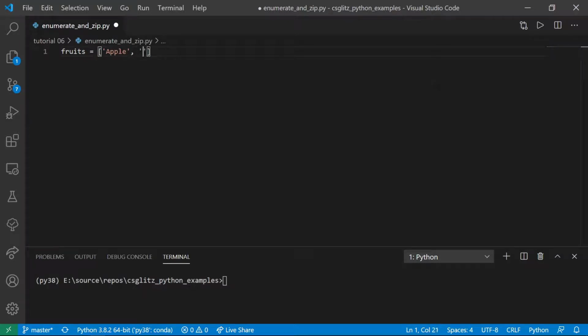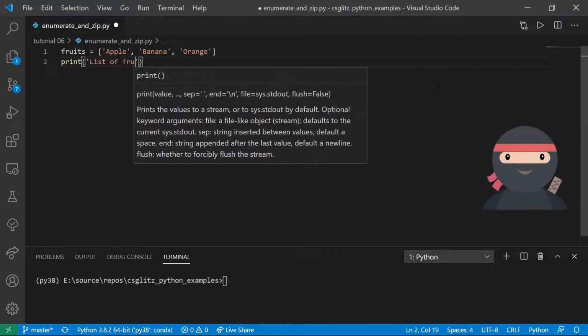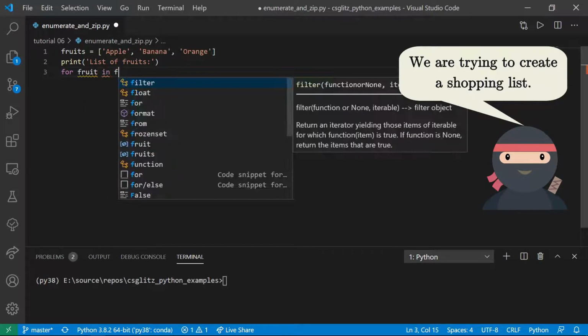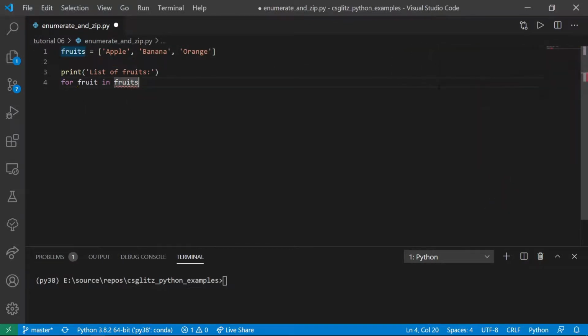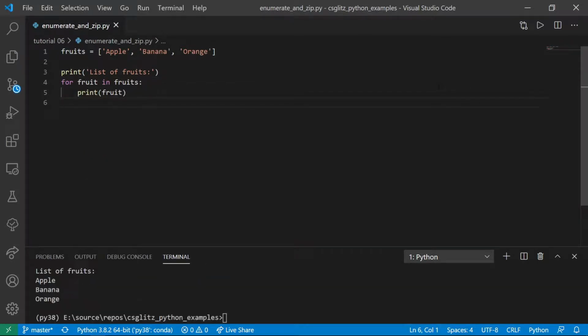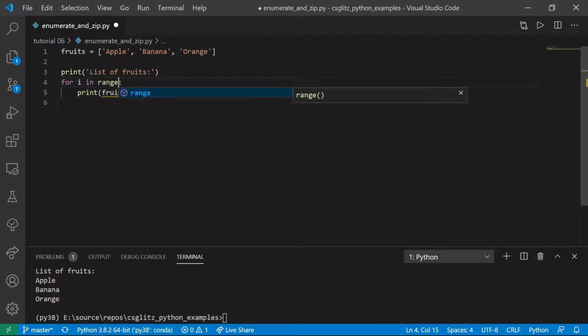Let's display a list of fruits. Sometimes we want the index information as well. If we display the item number, then we have to change the loop to run on indexes.